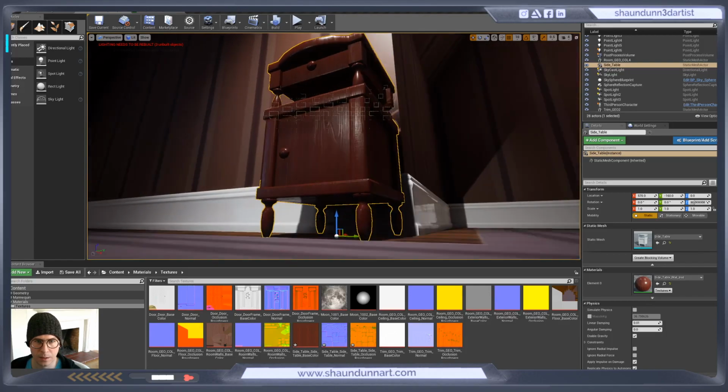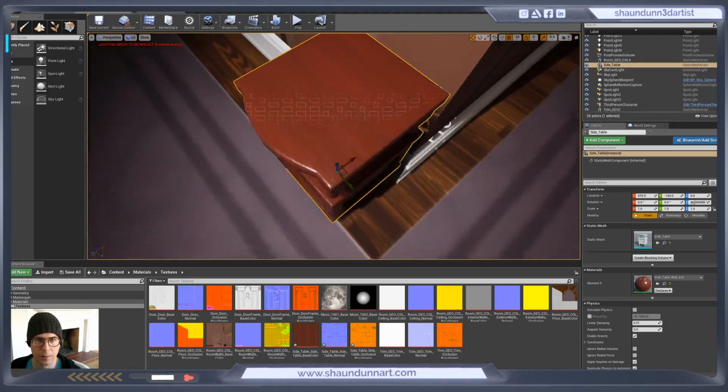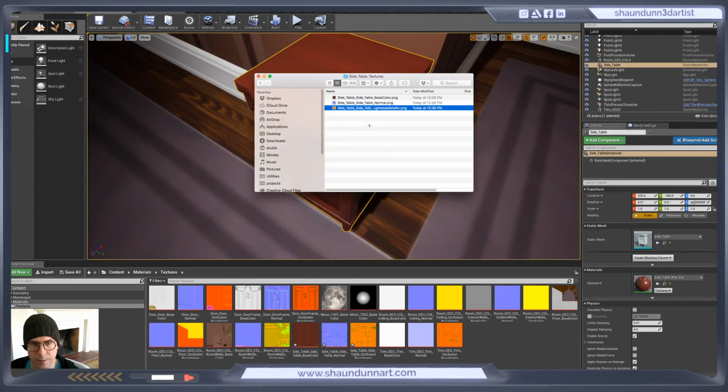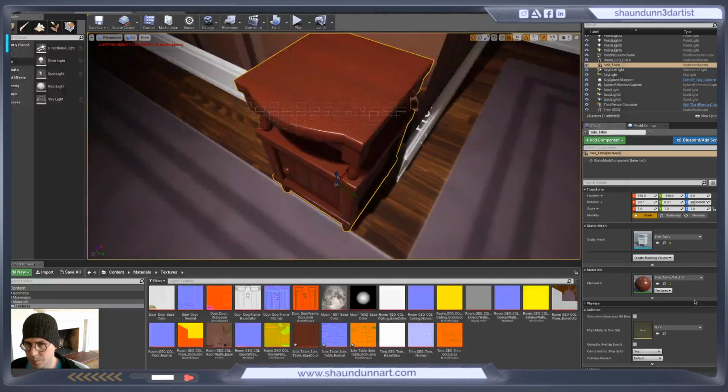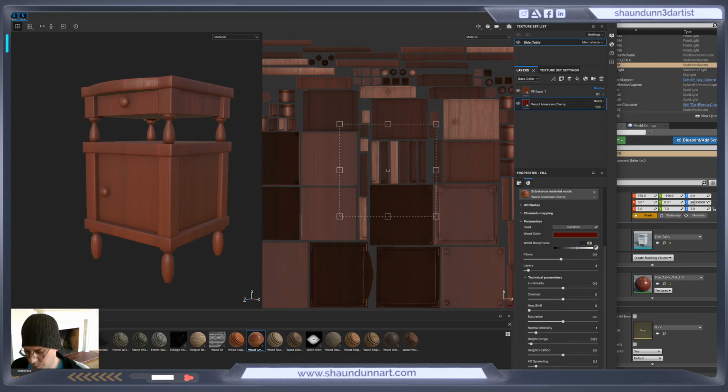I think I might reduce it just a tad. And oops, go to 0.7 maybe. Let's try